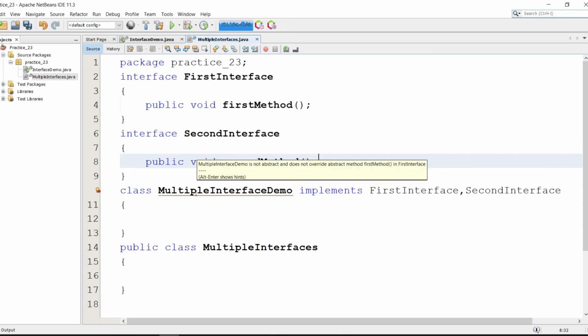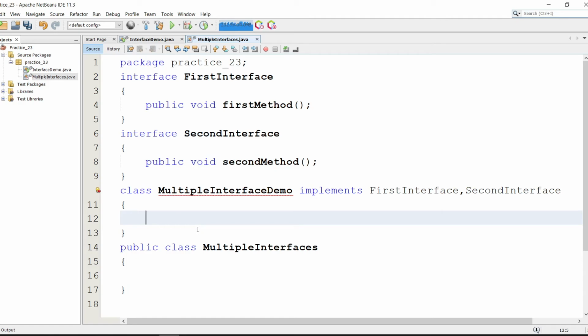Now it shows the error because we haven't overridden firstMethod and secondMethod in our MultipleInterfaceDemo class.